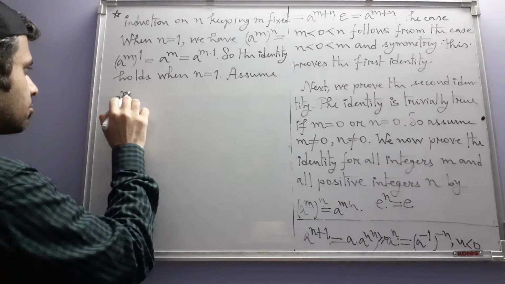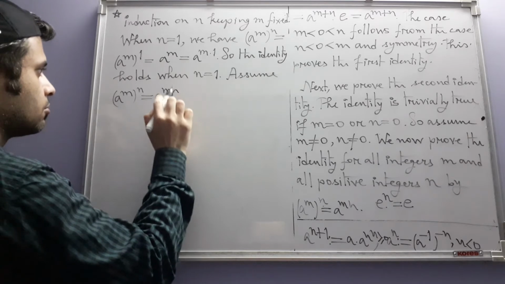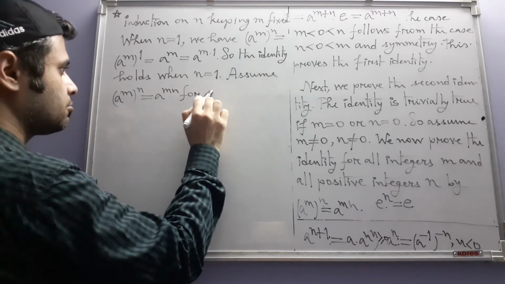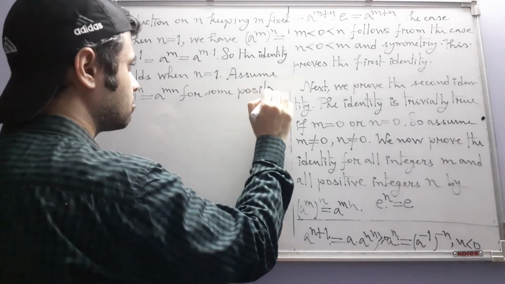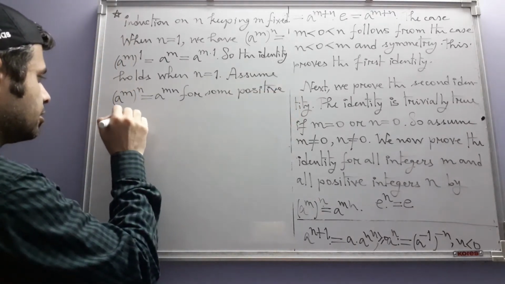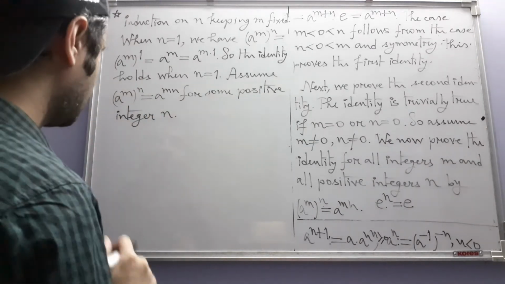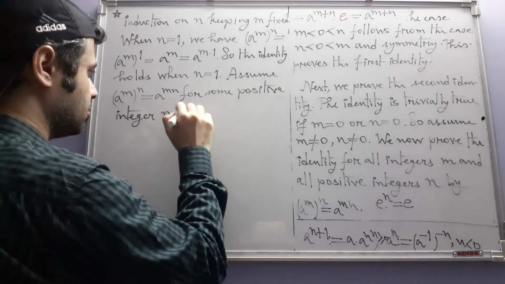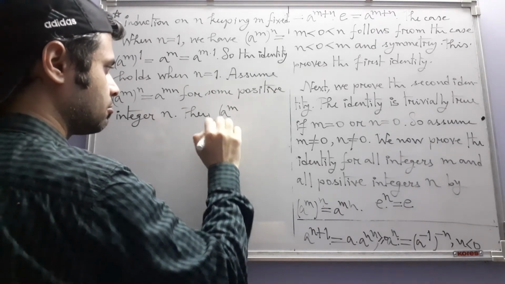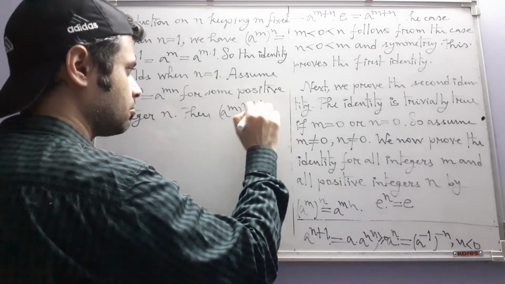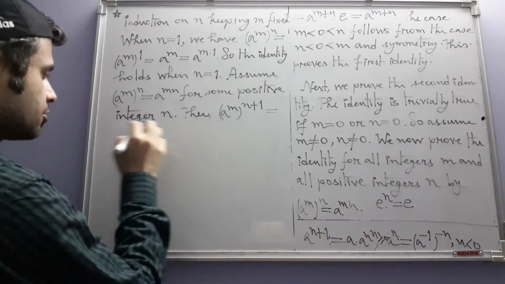Assume this for some positive integer n. Okay, now what happens when we take n plus 1 in place of n? Then all we can do here is apply the definition. So this will be equal to